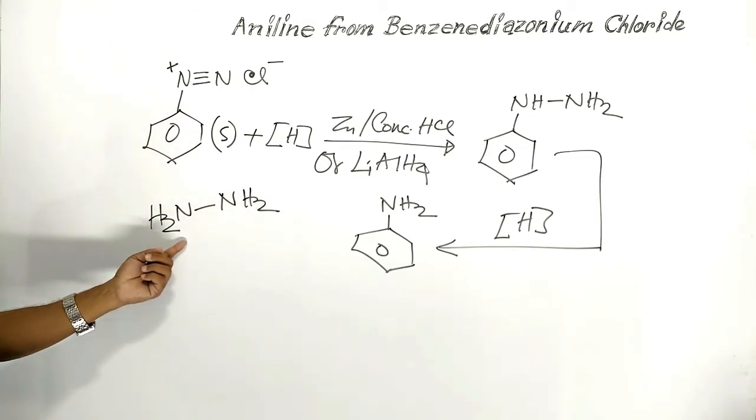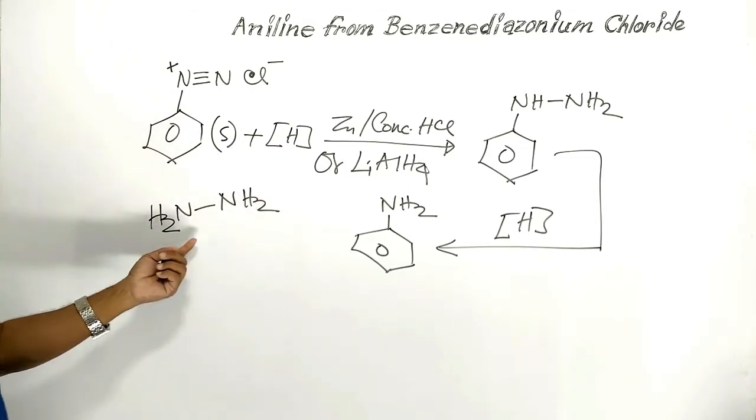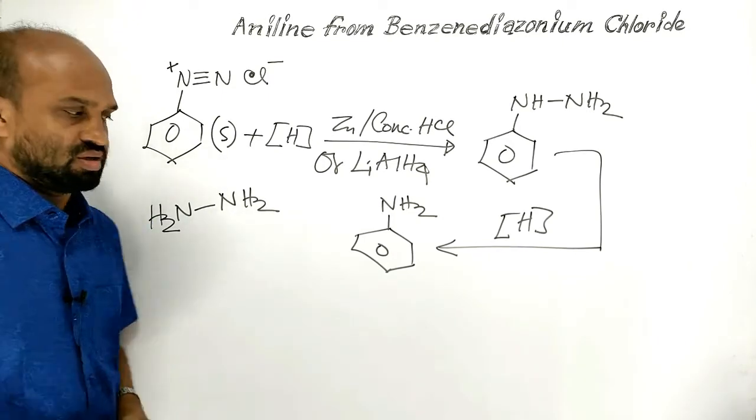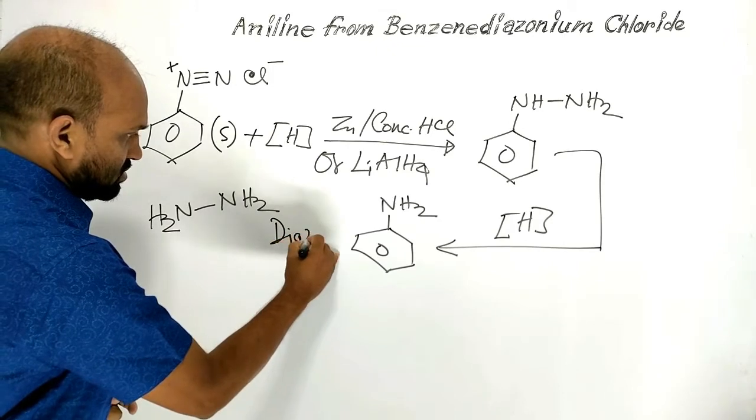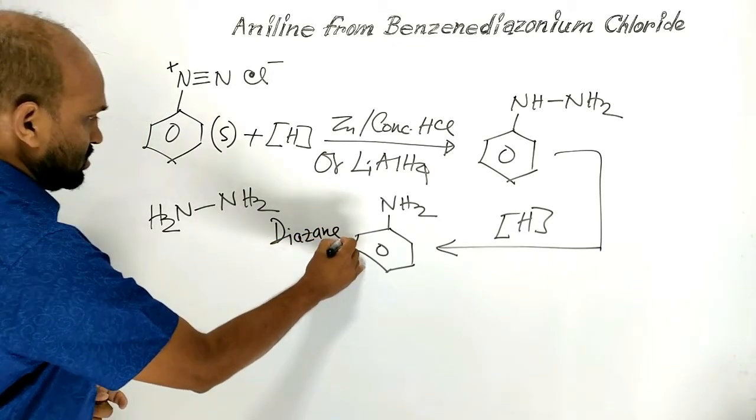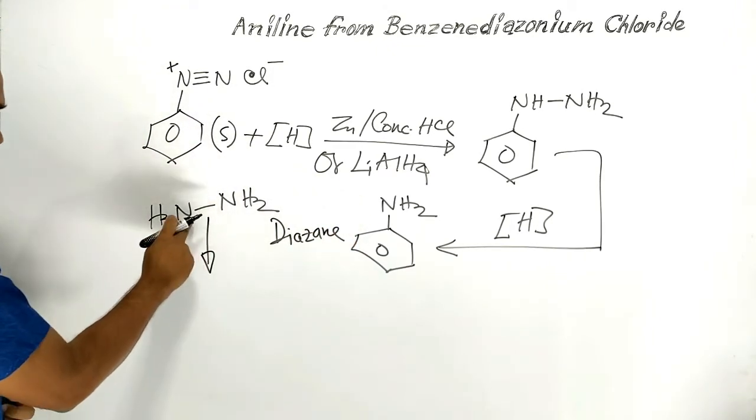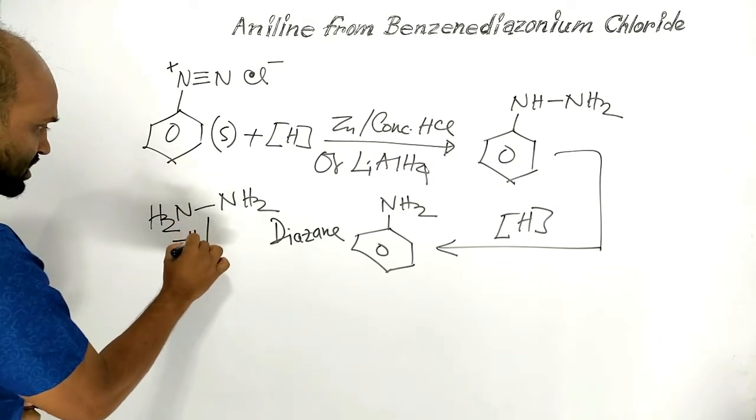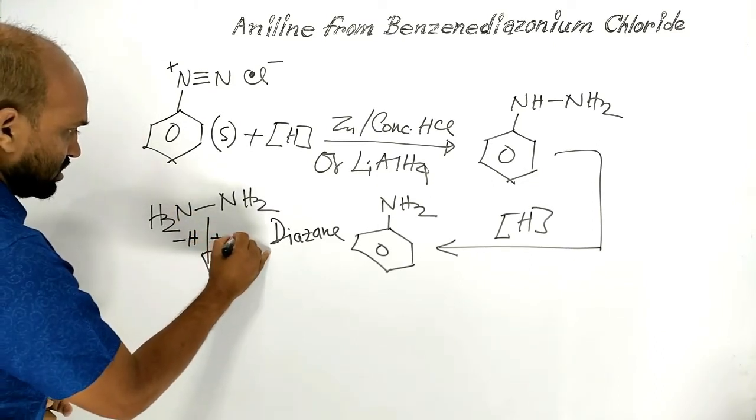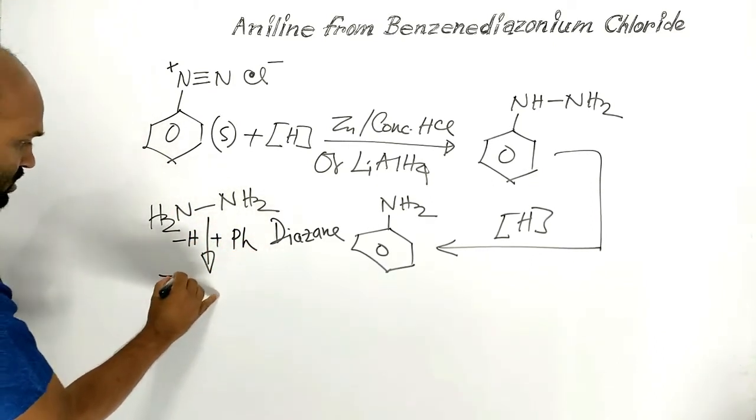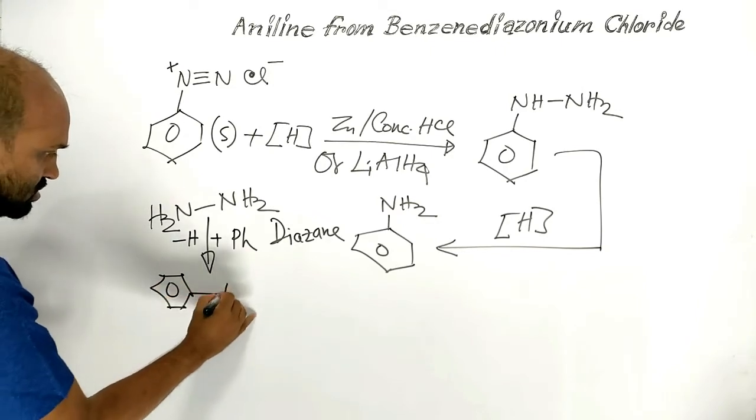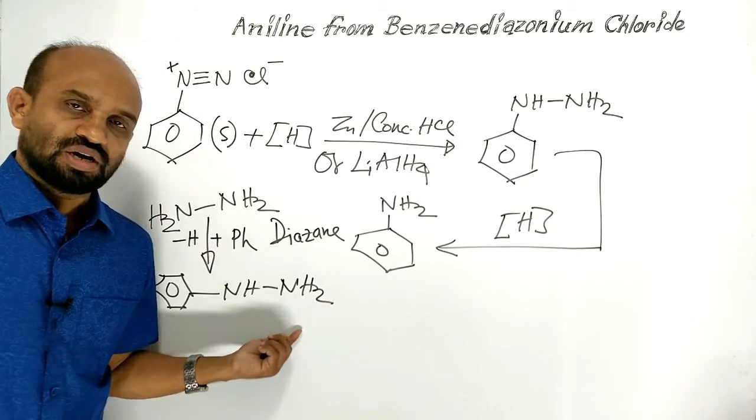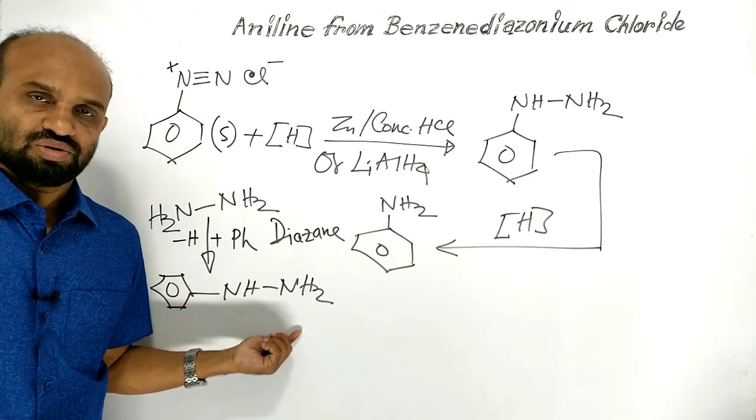This is a hydrazine. This is also known as diamine. This is called diazene as well. When from this hydrazine, one hydrogen atom is replaced by a phenyl group, then phenylhydrazine is formed. So simply,